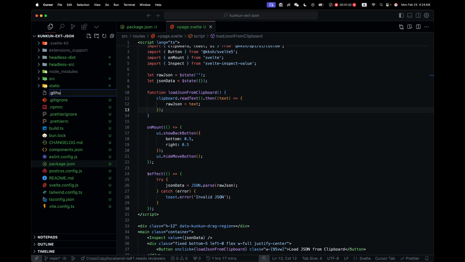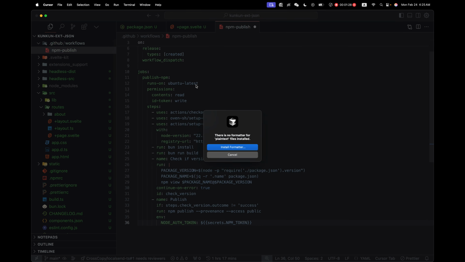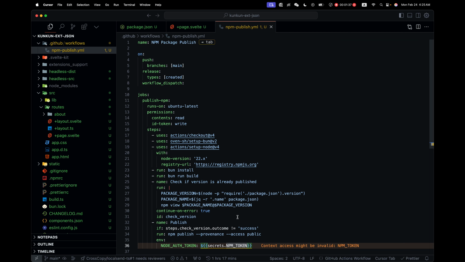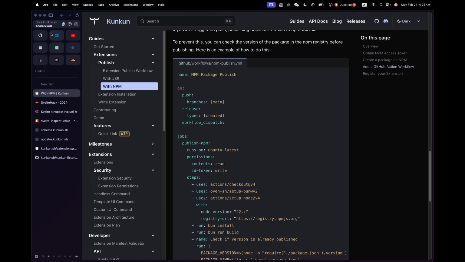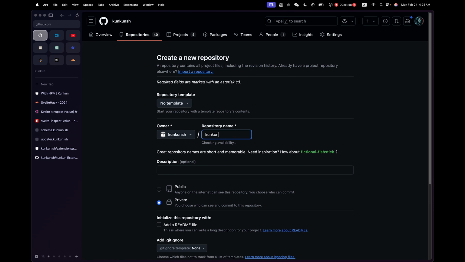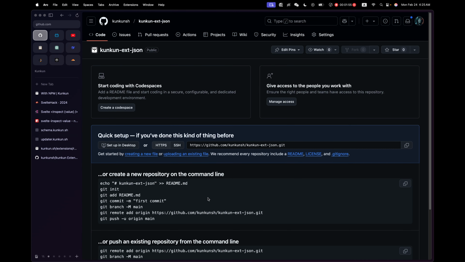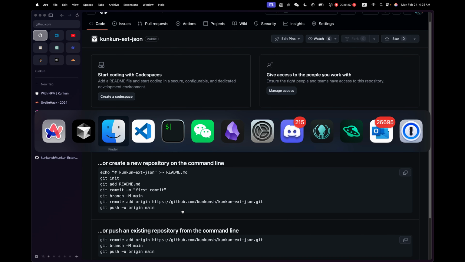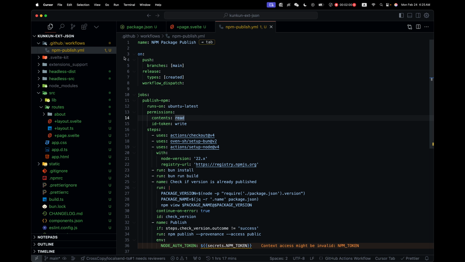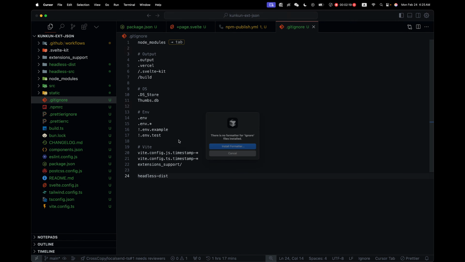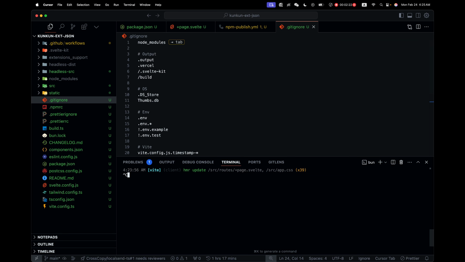So I will make a GitHub workflows npm publish. Paste. Oh, sorry. It has to be a YAML file. And I will need to create this repo, ext JSON. It has to be public. And I will copy the last 2 lines. Great. In .gitignore, I want to ignore the headless distribution folder. Run